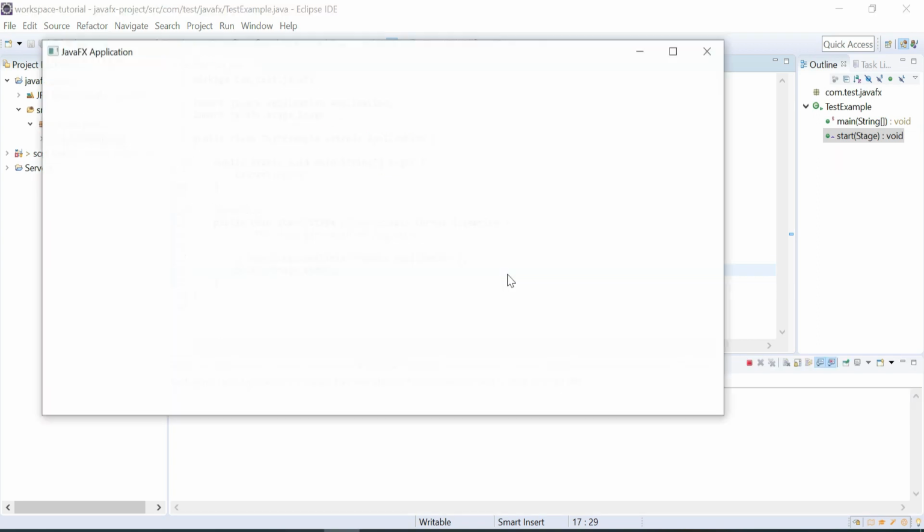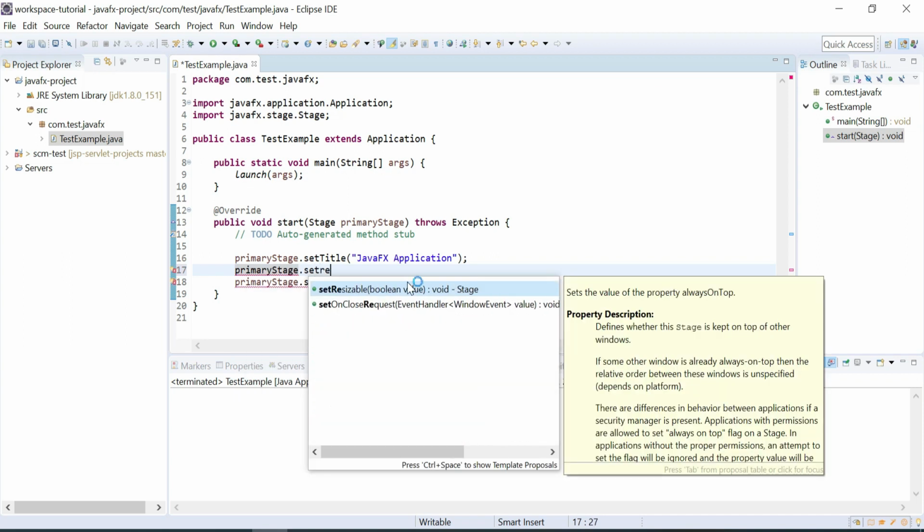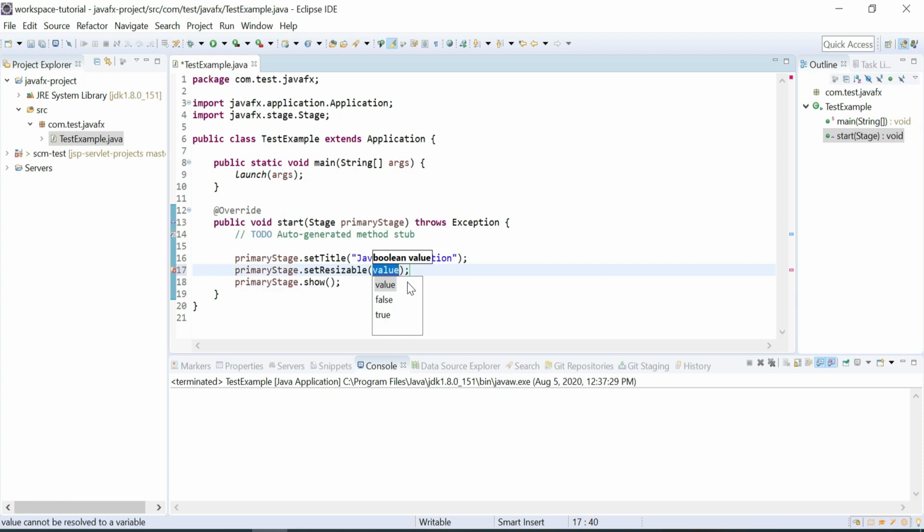It will show a window with the title. Yes, if you already work with AWT and Swing, you already know how to set the title, the size and resizable operations. These operations we can also check with the JavaFX application. So I will check resizable. Let's set true first.